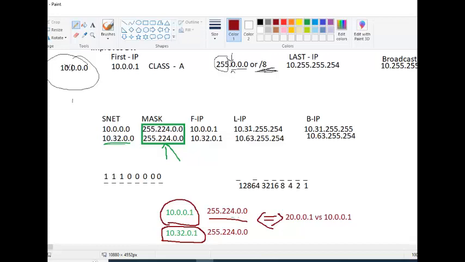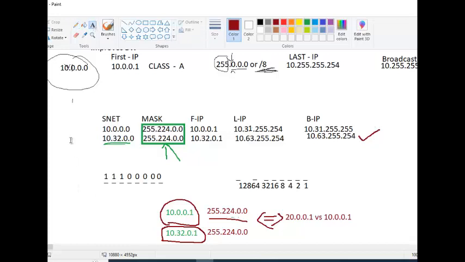So when you do subnetting, what is very important is the mask. And when you do subnetting, for each department, you will get a dedicated subnet mask. Sorry, a dedicated broadcast IP. For example,